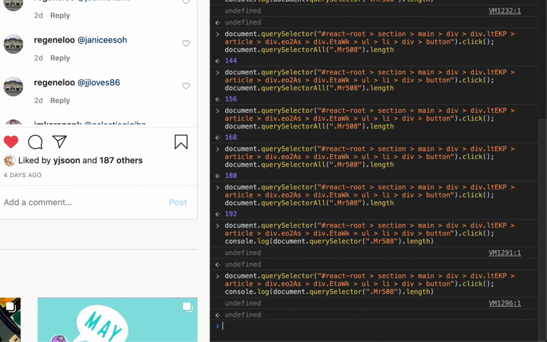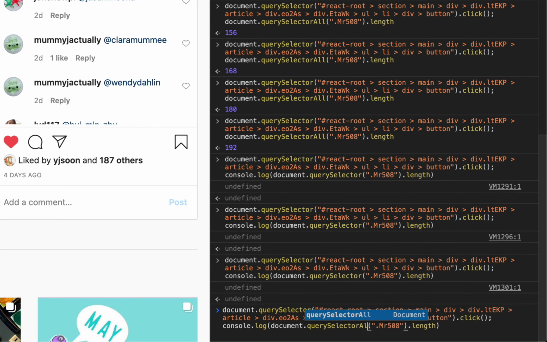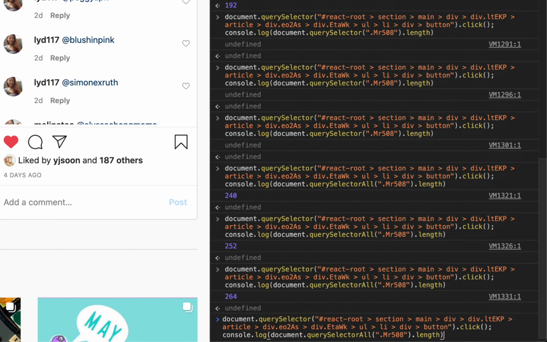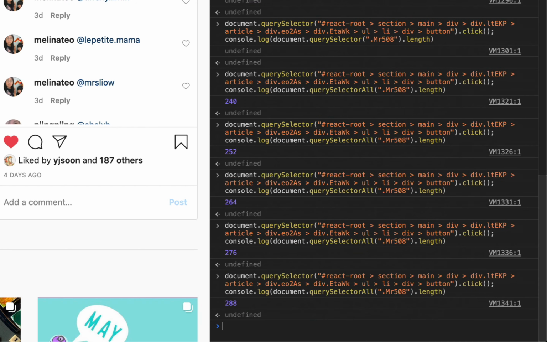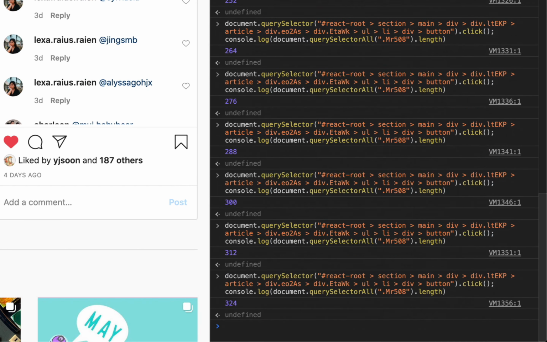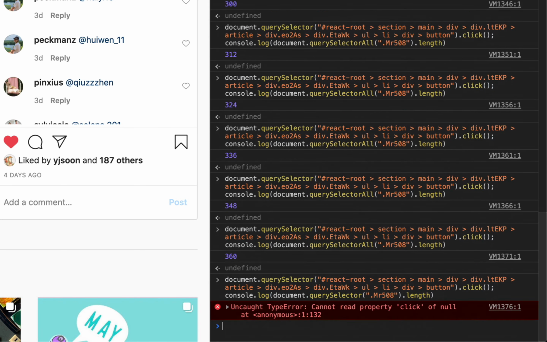I could do a while loop, right? But I'm too impatient to do a while loop, because you need to figure out setTimeout and stuff like that in order to wait while the thing is loaded. And at some point you automate stuff, it's too much trouble. I already think this is slightly better than manually doing it.